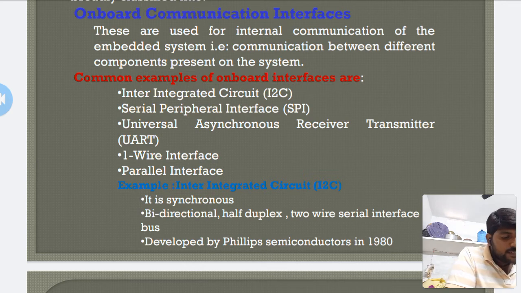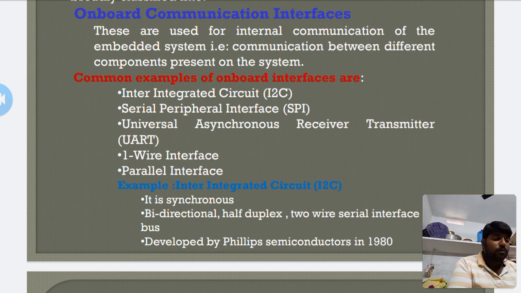SPI is a single master, multiple slave system. So you connect a single master and multiple slaves. It is possible to have a system with more than one SPI device as master, provided that only one master device is active at any given point of time.